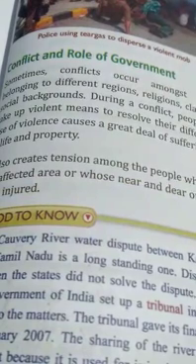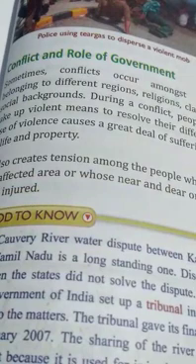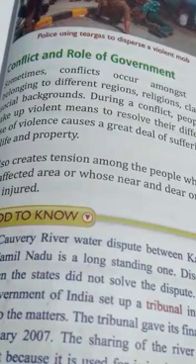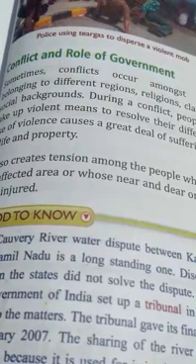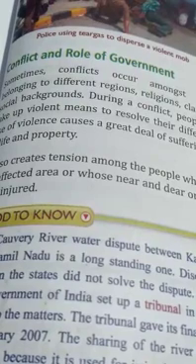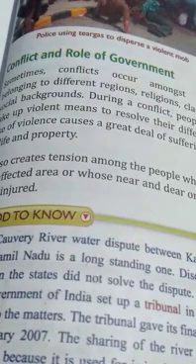In the previous two videos, we discussed the forms of the government, the levels of the government, and the type of representative system we follow in democracy, how the nation votes for their representatives, everything we have discussed in the previous two videos. Now, in this one, a very important role of the government is to resolve the conflicts